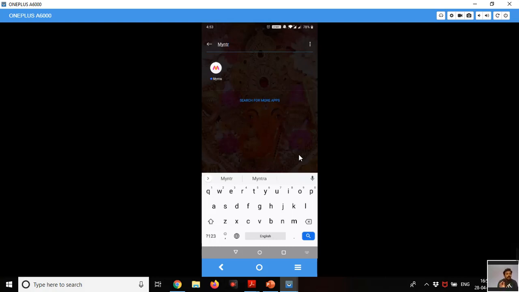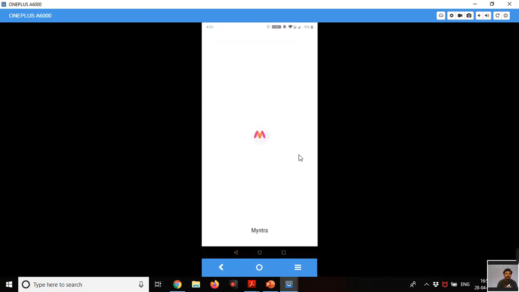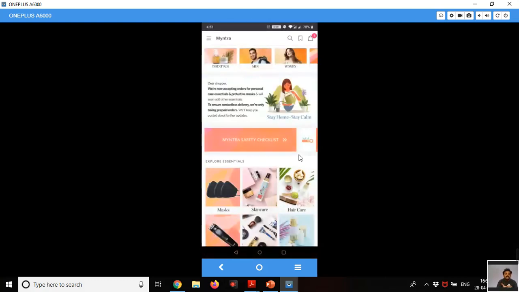Now I have taken this application from the URL. When I open this Myntra, it launches like a mobile app. This is what we call a progressive web application.